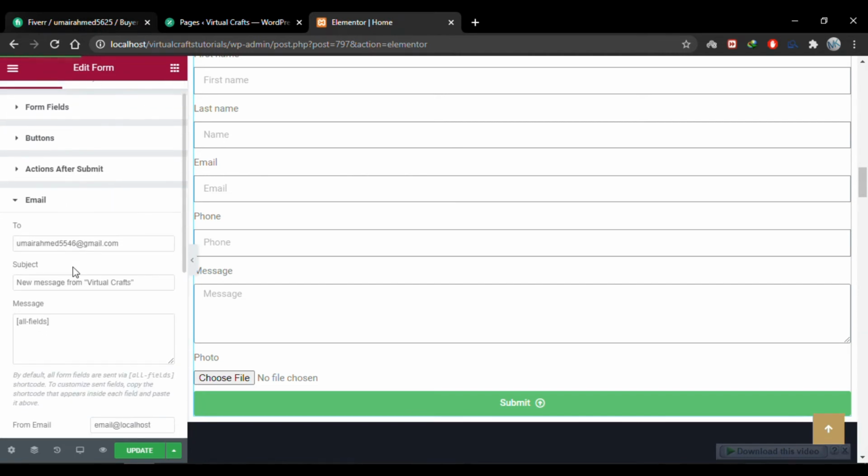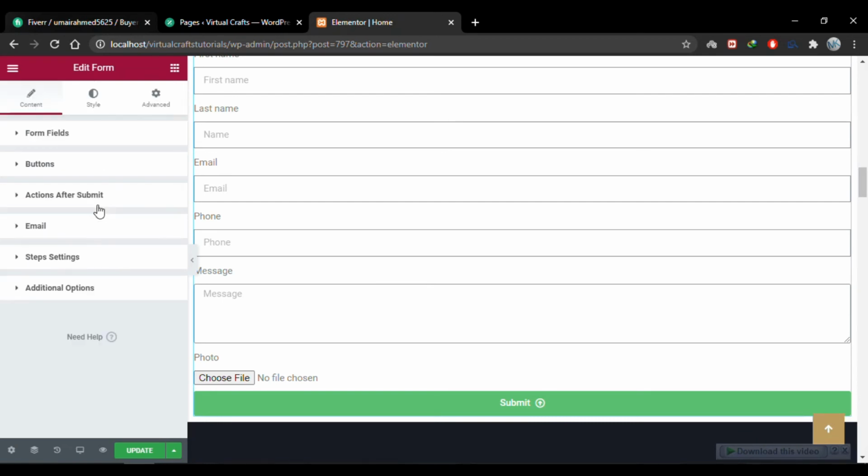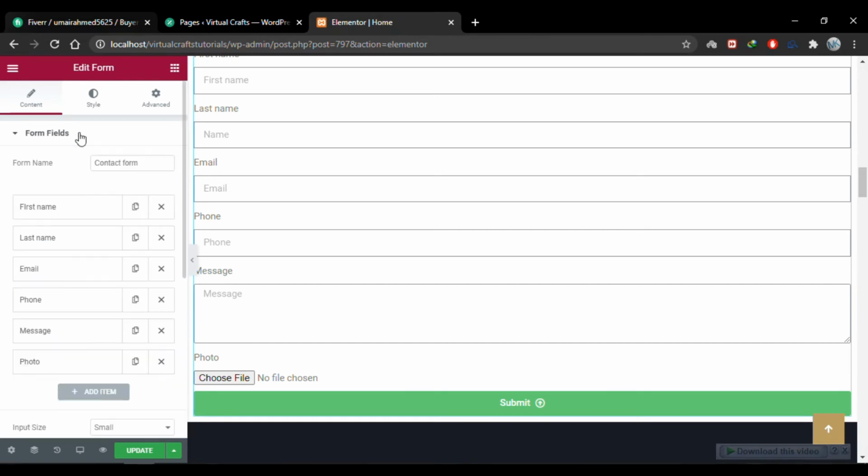Here you can change the admin email on which the form is to be sent, the subject of the form, and here you can choose which fields of the form are to be sent to the admin email. Currently all fields are selected. So this again is a tab for multi-step forms. We'll see this in another video. So that's pretty much all how we can make forms. I've not styled it yet, but you can always style it according to you.